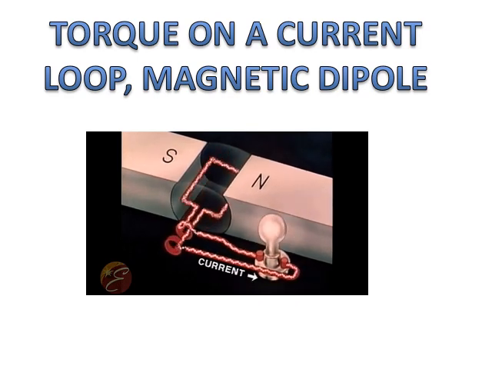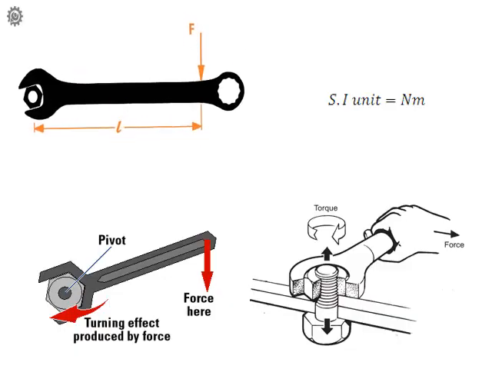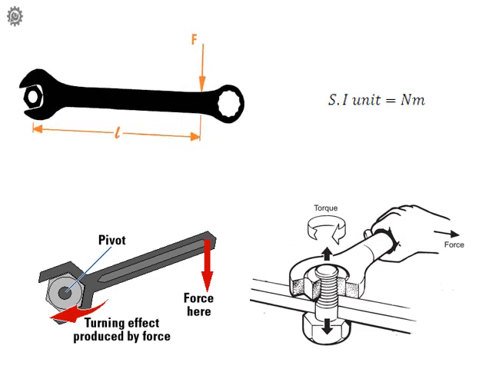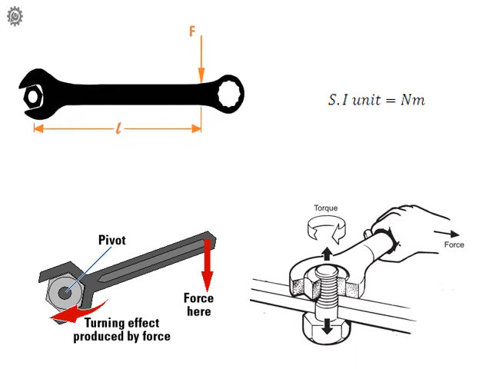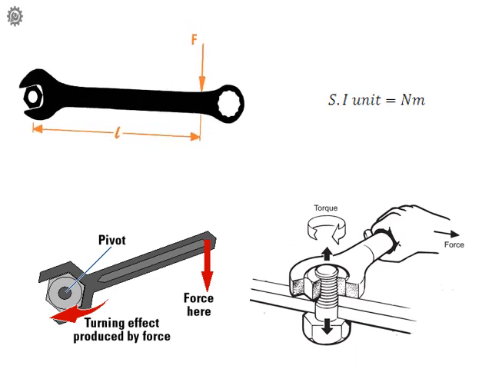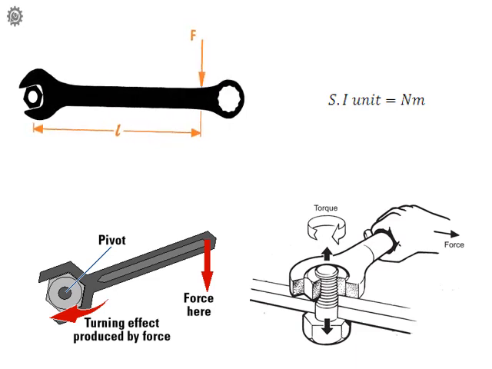When we apply force to the handle of the door, there will be a rotation that is taking place at the hinges. That was your moment of force or torque that you all had studied. There is another example. Spanner is one such example similar to your door. You are applying a force on the handle to tighten or loosen the knob. So here the force applied will be perpendicular to the displacement or distance from the rotation of the knob.